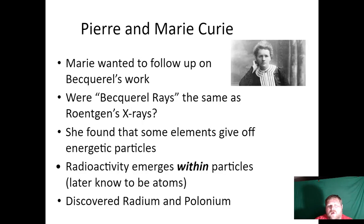And now this is important because it opened up the idea that these rays, these particles, really more correctly now, were coming from many minerals, many what will become elements. And so now that we've sort of established this phenomenon that Becquerel stumbled across and the Curies far and away proved existed, we run into